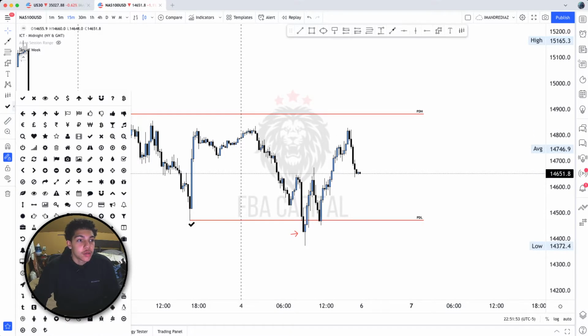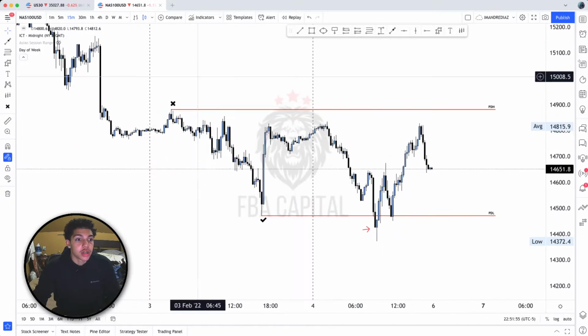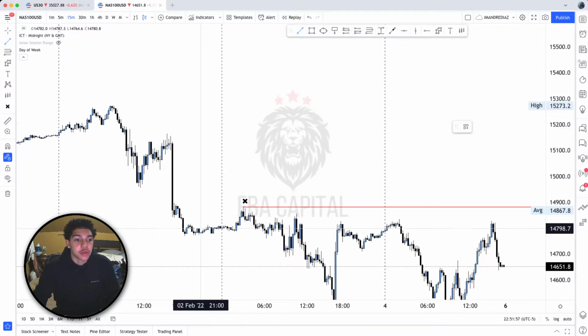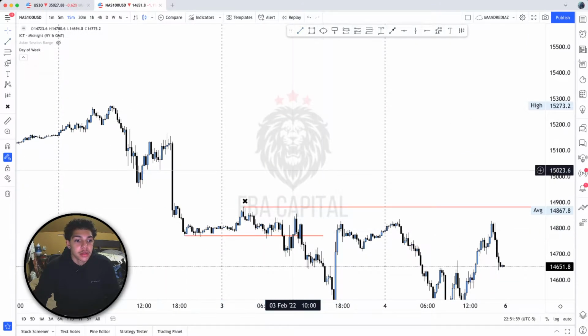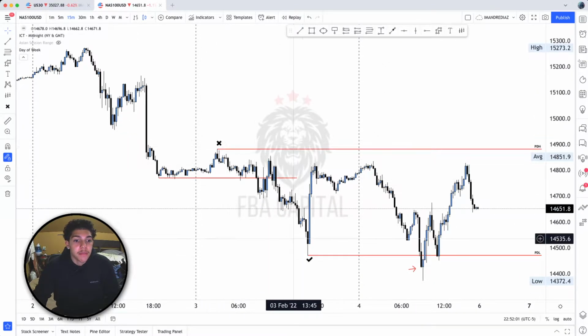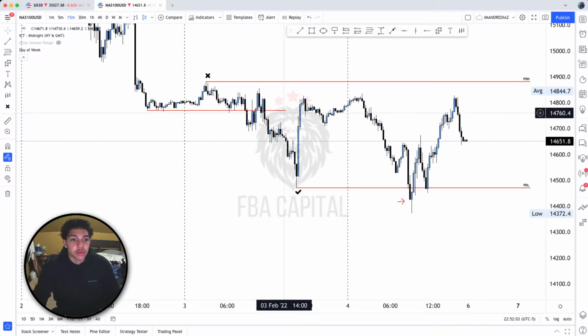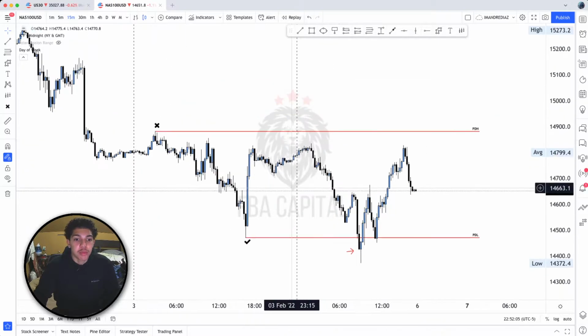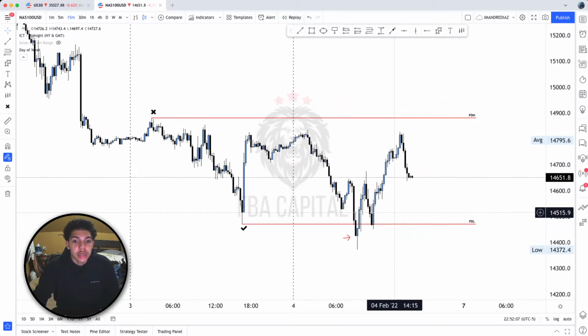Overall that was expected because we were expecting an overall bearish day. If you look at the day previously, the previous day's low was targeted, and then once again the previous day's low was targeted. Even though price didn't overall continue downwards, it still targeted the previous day's low.